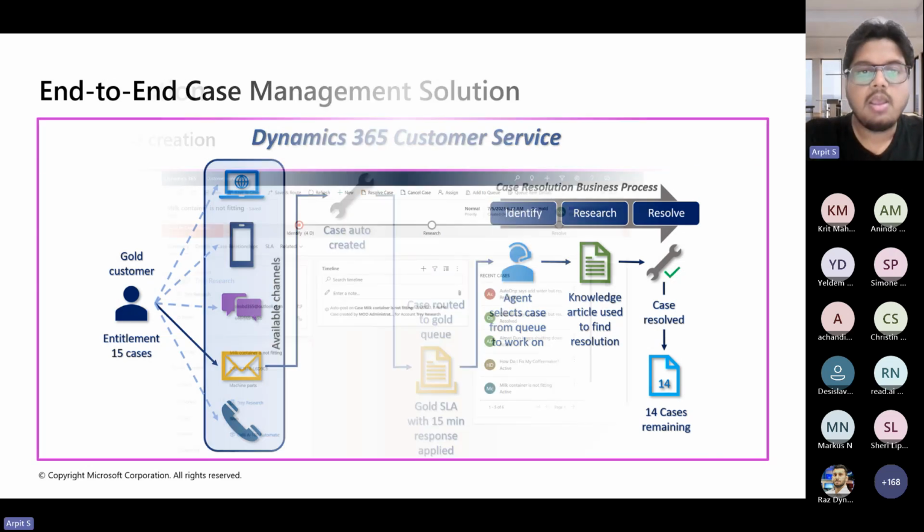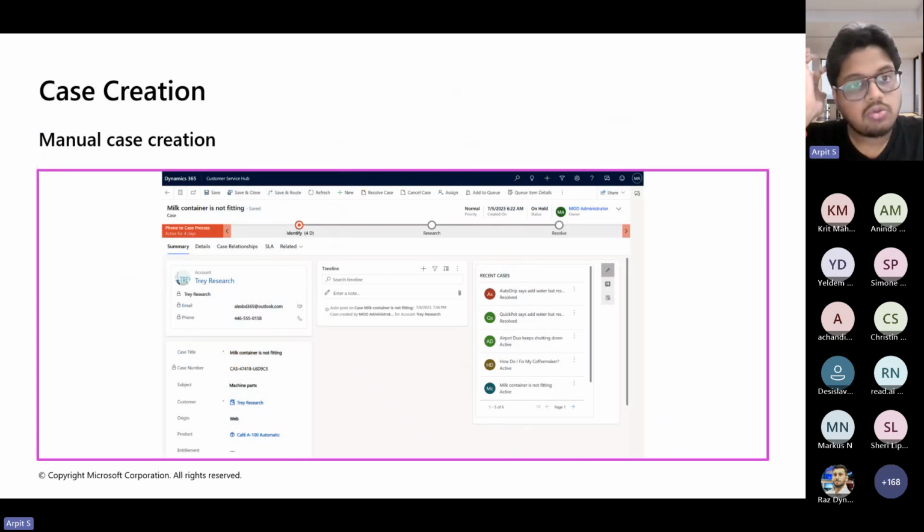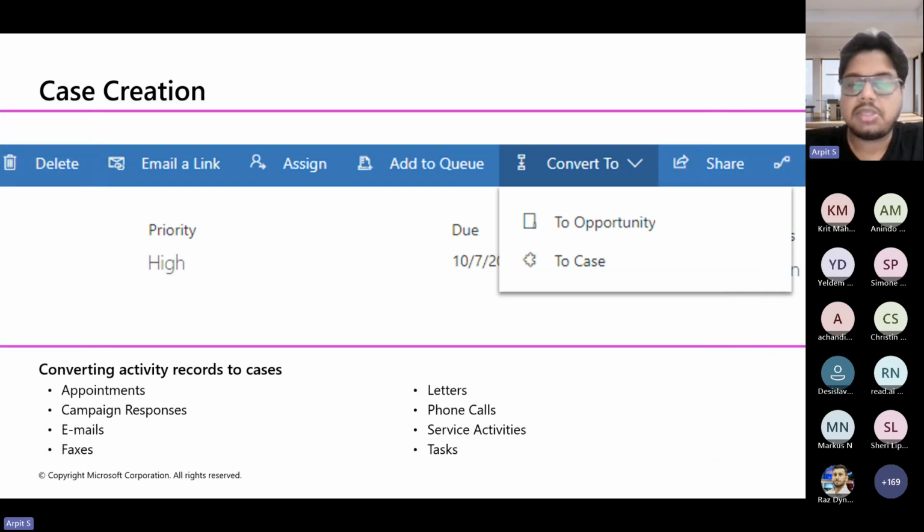Okay. This is how the manual case creation looks. I'm going to discuss that as well, but I don't want to spend much time on how you can create a new case manually. There are different other ways how you can create the case. You can simply go to the case table and directly create the case, but you can also create the case